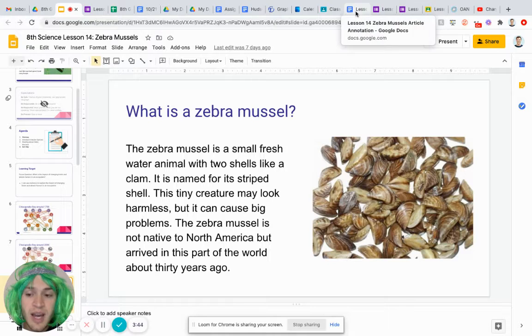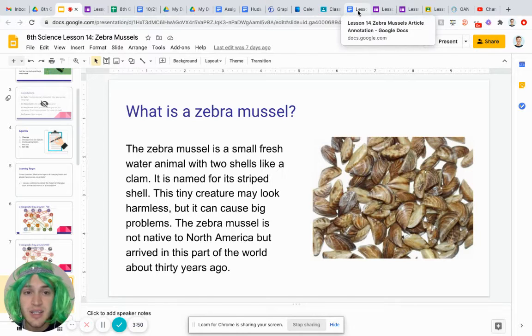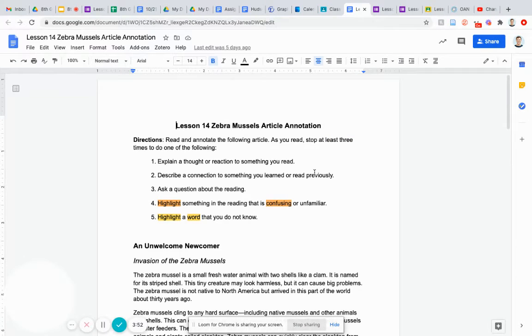So I'm going to read this article on my slides because I like the pictures, and I think they're interesting, but as I read this article, I want you to annotate the article on this worksheet. This worksheet is called Lesson 14, Zebra Mussels, Article Annotation. It is on Google Classroom.